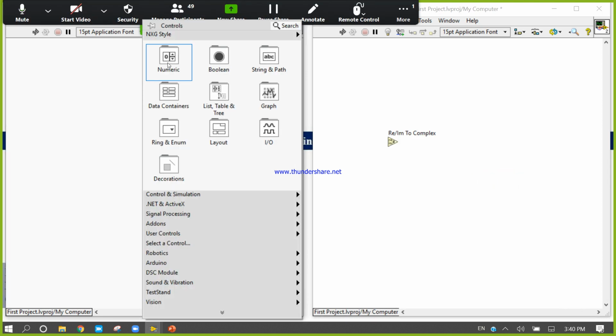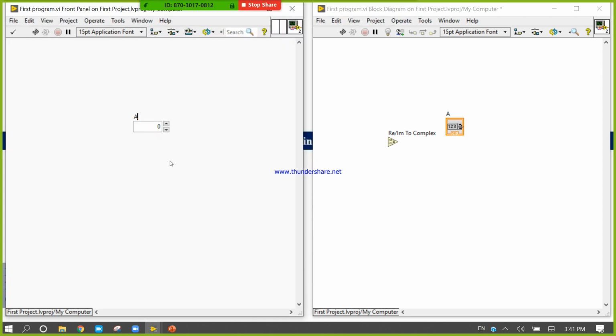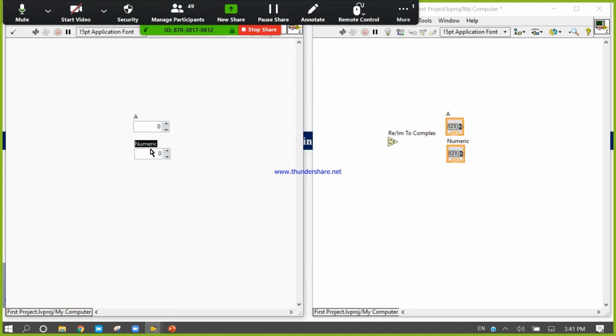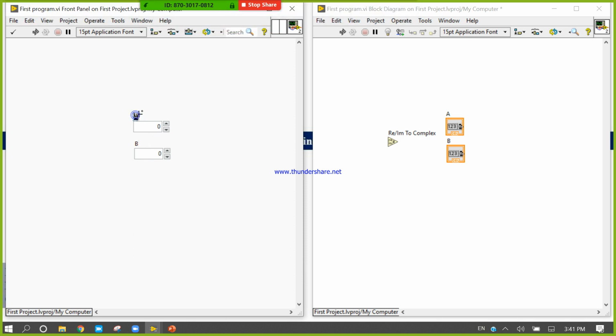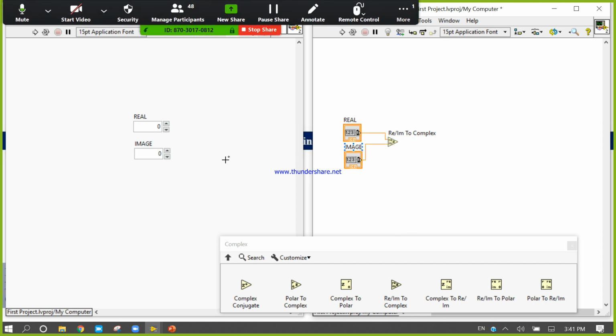Now coming to the front panel, take numeric, this one is A, this one is B. So I want to write A plus iota B, where A is the real part and B is the imaginary part. The upper one is for the real and the lower one is for the imaginary.